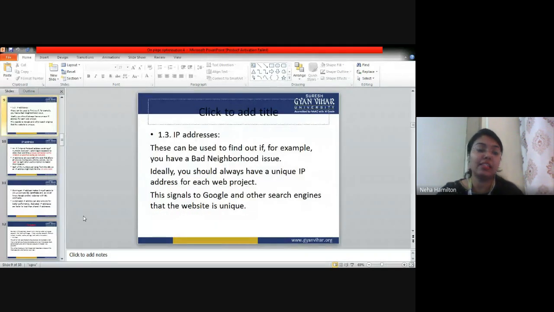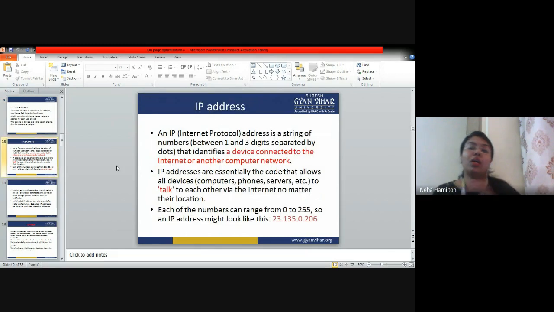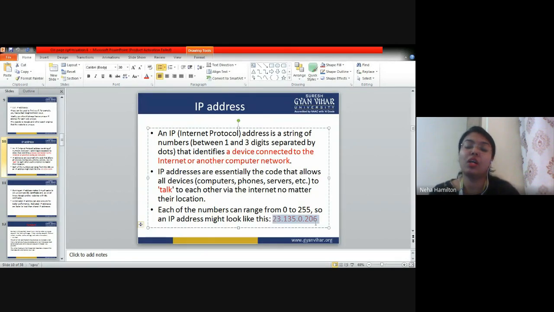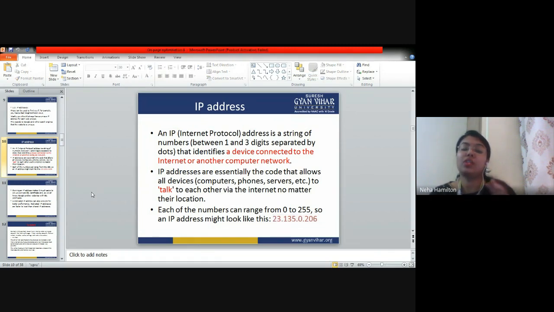Then the next is IP address. What is an IP address? An IP address is a unique identity of your electronic gadget. When I talk about the characteristics of an IP address, this is how an IP address looks, right? It is strings of numbers separated by dots. These numbers are generally one digit or can be up to three digits.